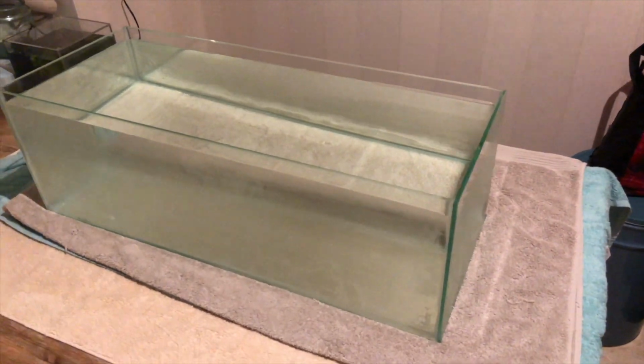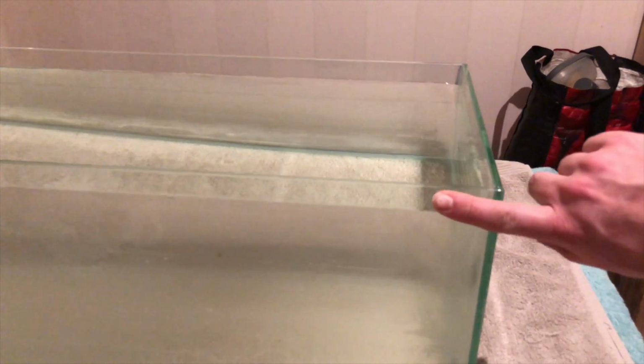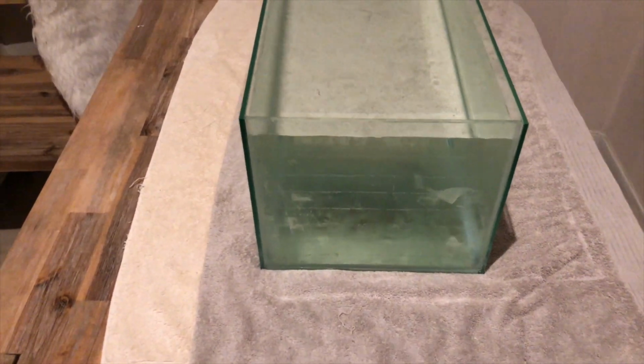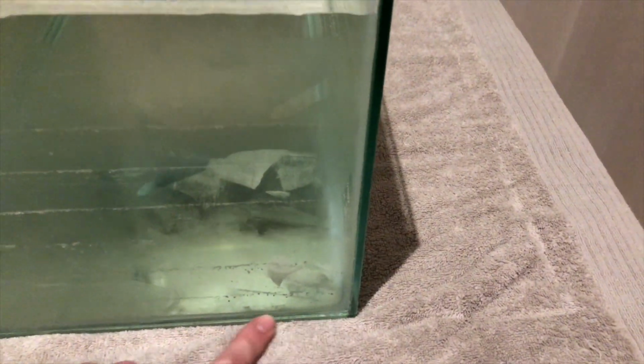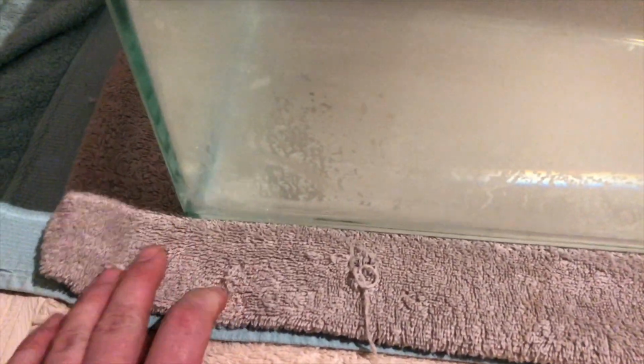Okay, so now I filled the tank up full, well, not full, but to the limit that I want it to be at for the test. And at the moment, it's been half an hour, it's holding water really well. Obviously, checked all the seams all the way around on the inside and on the outside. So obviously from the outside, you'll see any water seepages or anything coming out. If you look from the inside, you'll see any bubbles forming in the silicone basically. Everything seems good, it's all holding up all right, and there's nothing coming out,